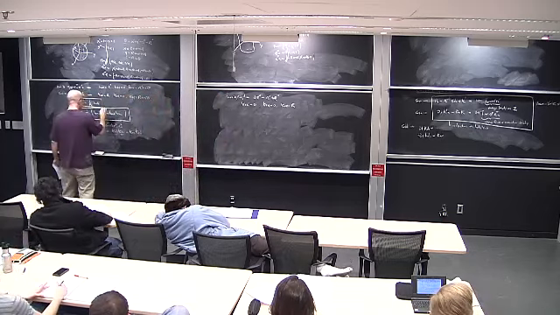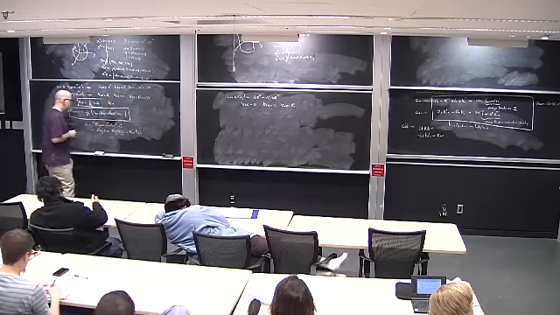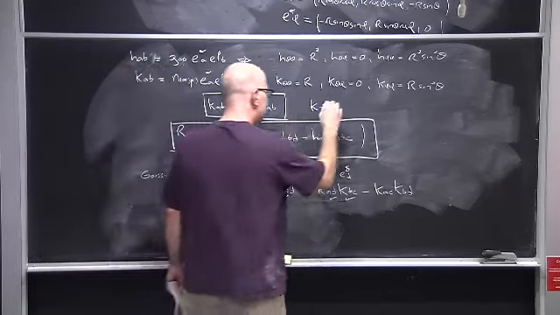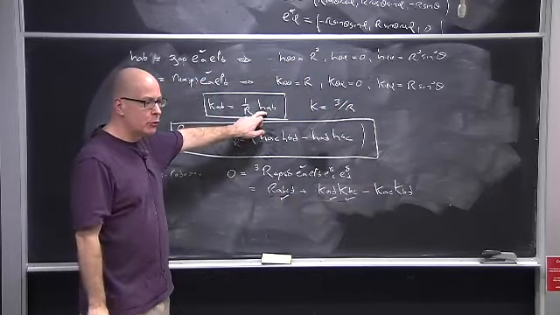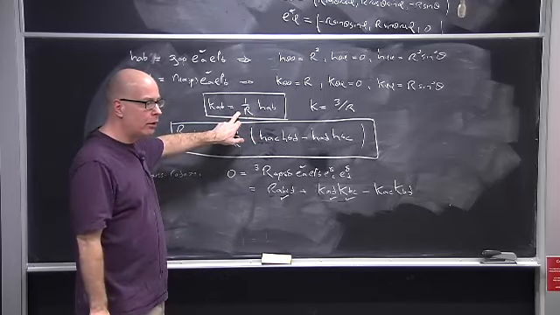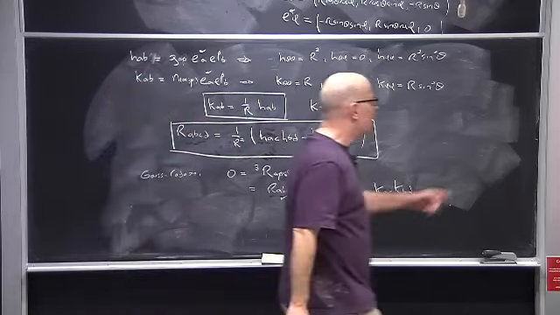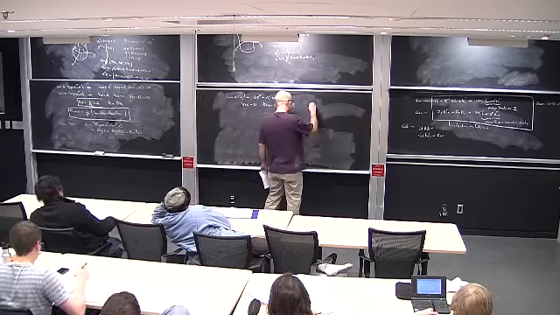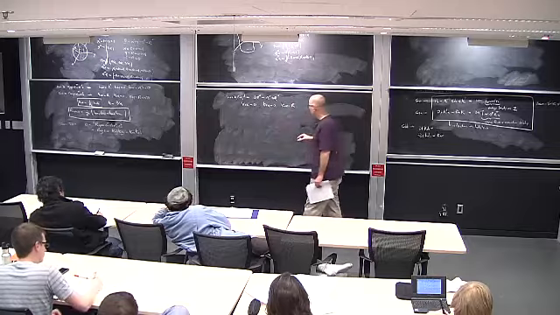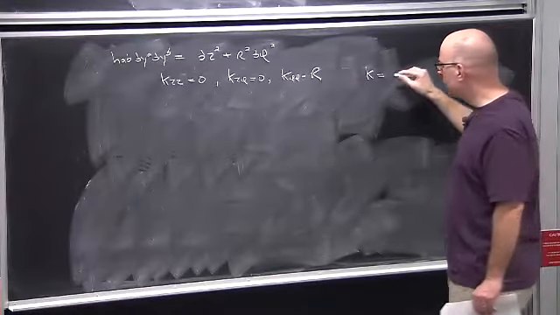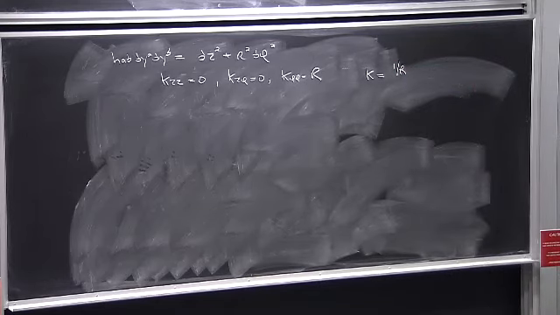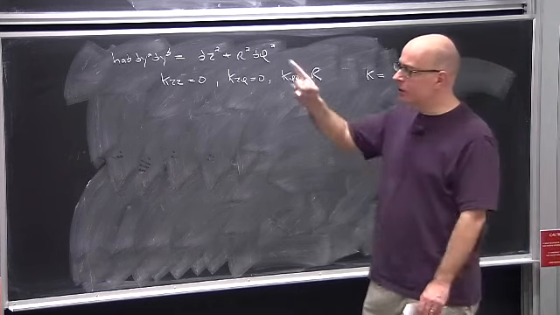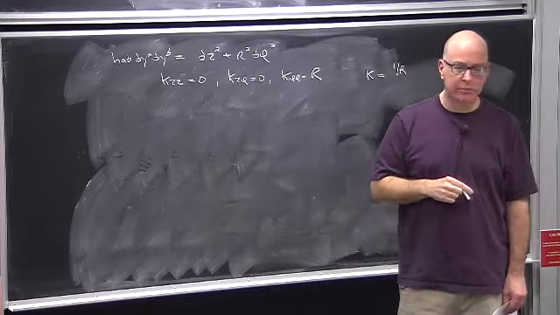Something I could have written here is that the trace of the extrinsic curvature is 3 times 1 over r, because when I take the trace of the induced metric, I get 3. And I get the 1 over r, so I get 3 times 1 over r. According to this result, the trace of the extrinsic curvature, well, there's only one term in it, so it's going to be 1 over r instead of 3 over r. What all of this is telling us is that whereas in the sphere there was curvature in all directions,